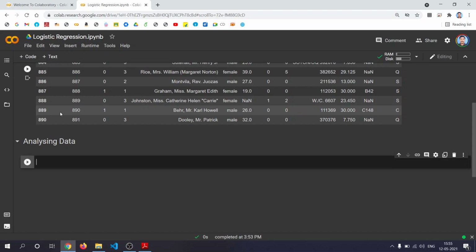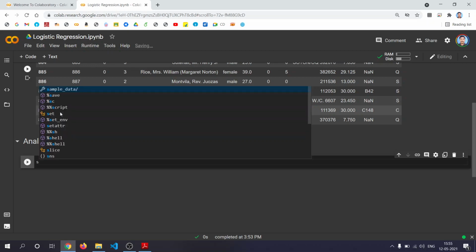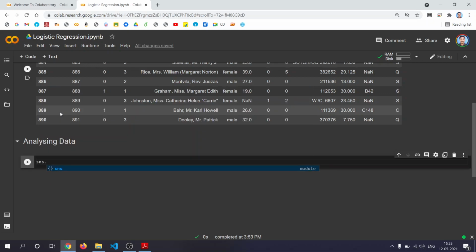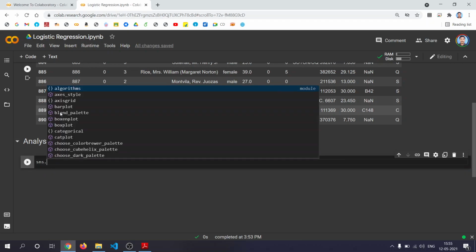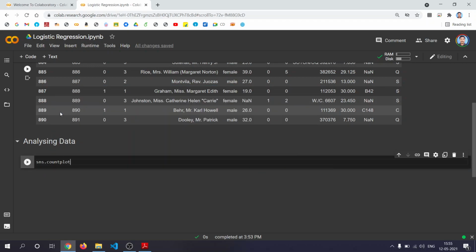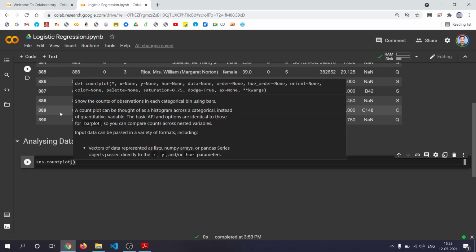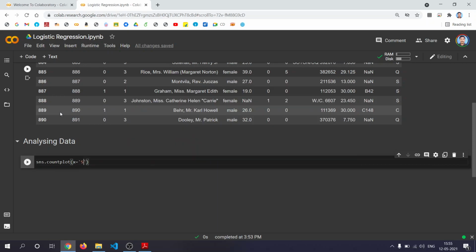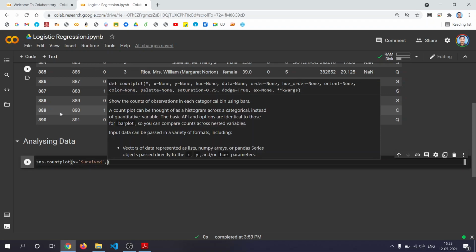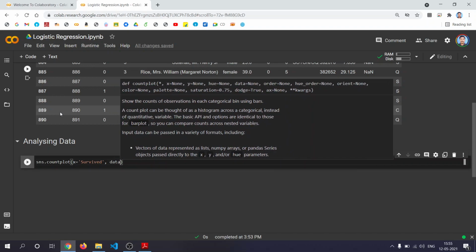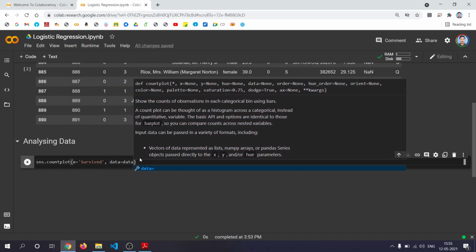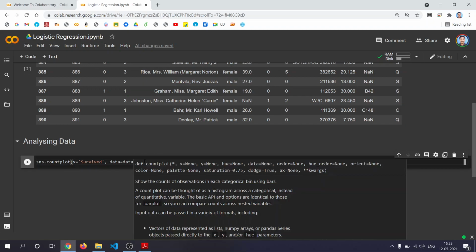So let's see how many people in this entire data survived and how many have not survived. So SNS dot count plot, we'll use Seaborn for this sort of statistical analysis. In the x-axis we'll use this column survived, and data is data, the variable available in data.